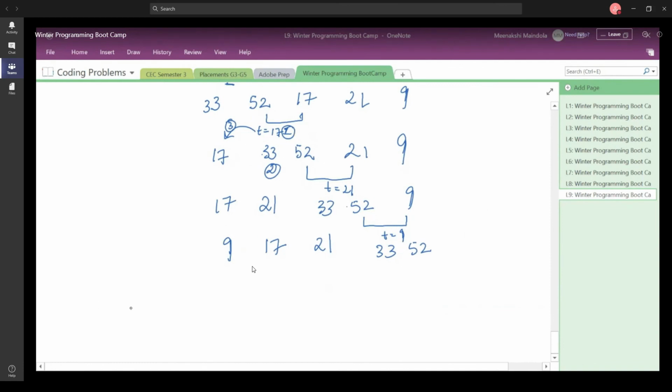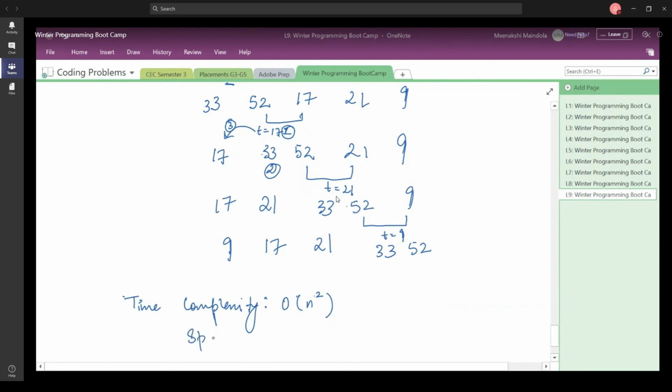The time complexity here again is going to be order of n square, but if, let us say, your input array is already in the sorted form, then it is going to require only order of n time.